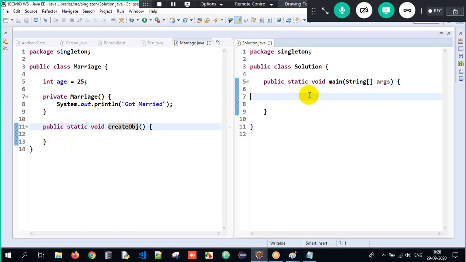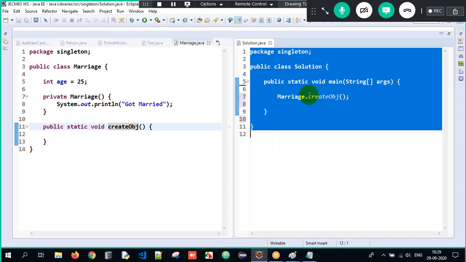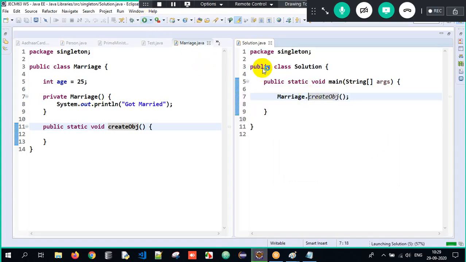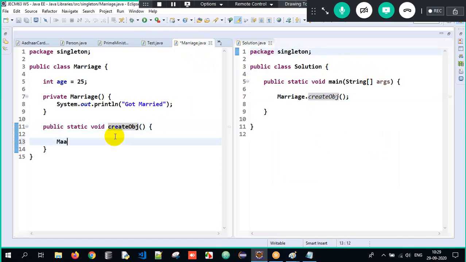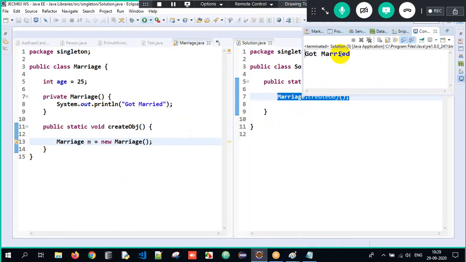Okay. So here I can access it as Marriage.createObject. Marriage.createObject. Got it? So now when I execute it over here, see, "got married" will get executed. I should get the output. Oh, I'm not creating an object, no? Marriage m equals new Marriage. So now when I execute that complete program here, I got the output